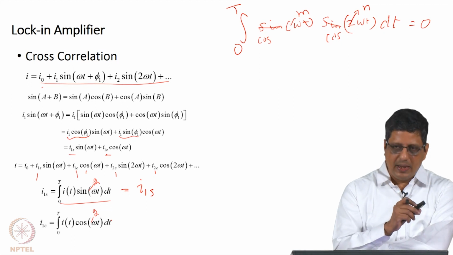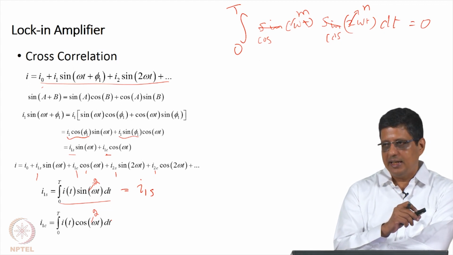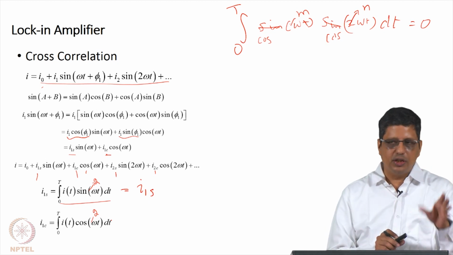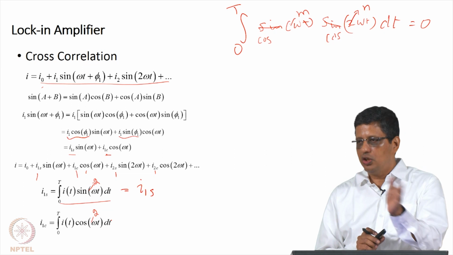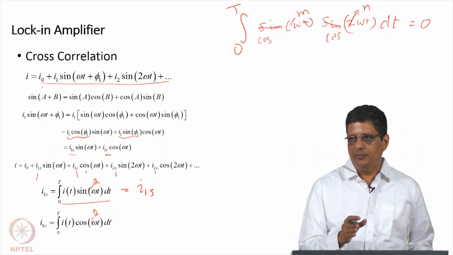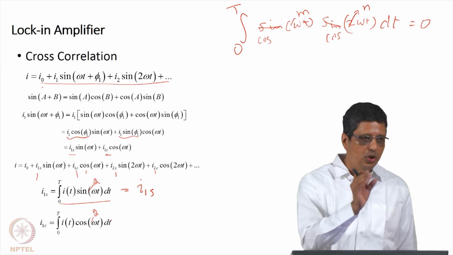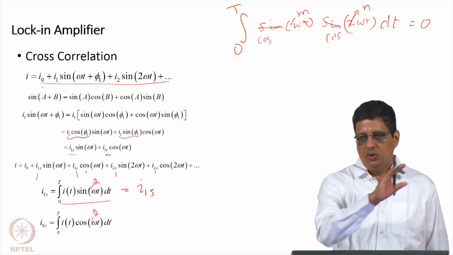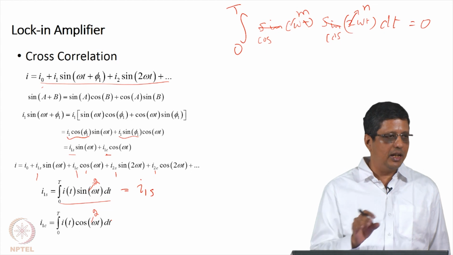This method is slower compared to the FFT analysis, and for each harmonic you have to do the calculation. FFT, once you do the calculation, you will get 0 to 7, 0 to 15, whatever I have shown in the example, you will get it. It is not that you will get only the first harmonic and you have to do extra effort to get the second harmonic. You go through the effort, you get the entire vector out of it.